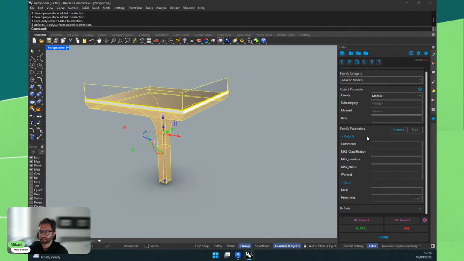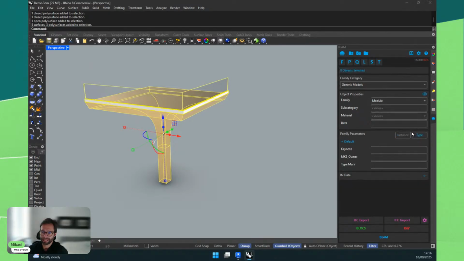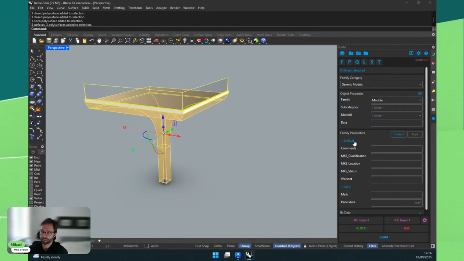The second part is parameters. So we have family parameters in instance and type for these objects. So instance will be specific for each instance of the family and type common to all the families. However, here we are talking about loose geometry. So there will be only one instance of that family. Imagine like this is an in-place family. So it will behave like an in-place family. If we want to have different parameters for different instances, we need to use blocks, and we will see that